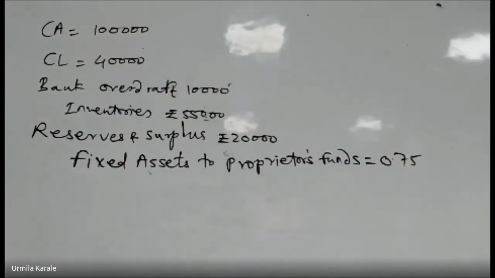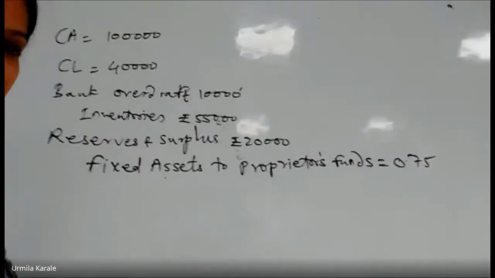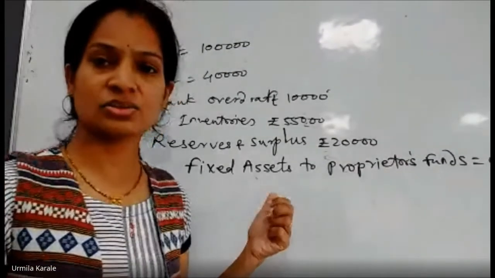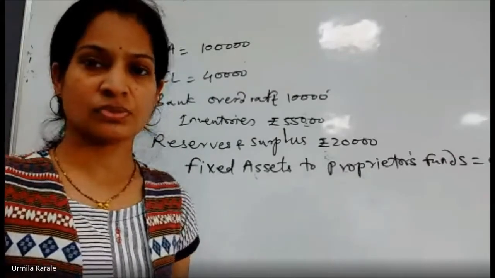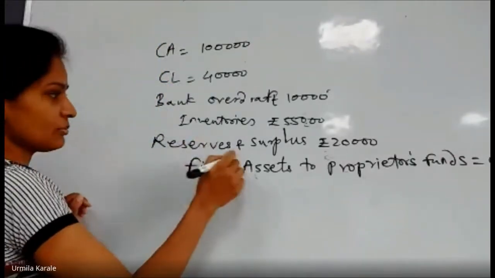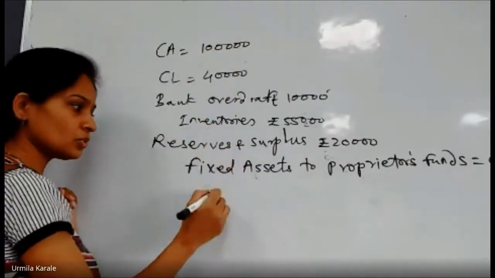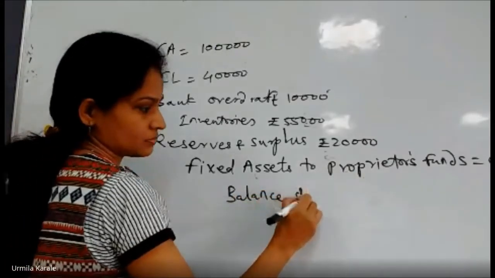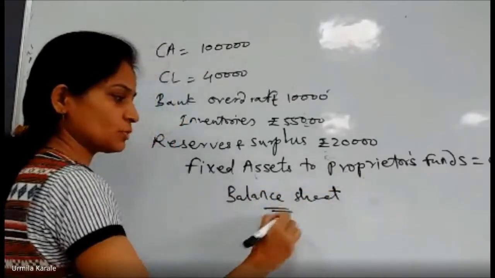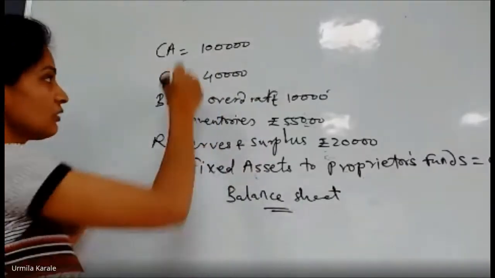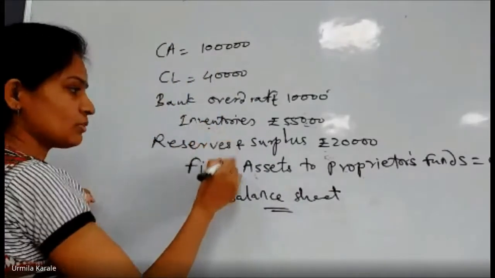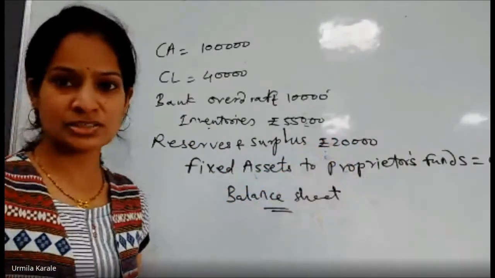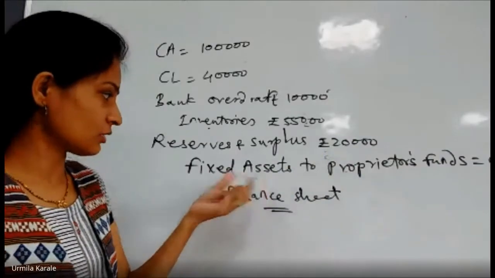So there are no long-term liabilities and no fictitious assets. Now this is the additional information. This we have already solved, and you are asked to prepare a balance sheet. So you are supposed to prepare a balance sheet from this information. Now we have solved this much. From this, what else can you find out? This information is directly given, so no worries. Only this you have to concentrate on. Now this is to be solved.